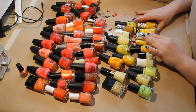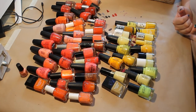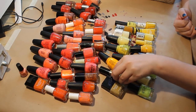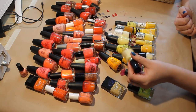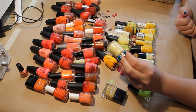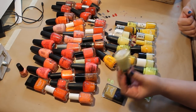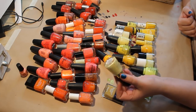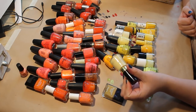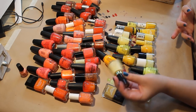That's about it for the ones I absolutely have to keep. I'm going to go through and just pick ones I know right away that can go. So this one can go. This is Sunshine Sparkle from Revlon. I'm not crazy about the regular Revlon polishes. I love their Gel Envy ones, but the regular ones I find to be kind of watery. This one's watery. It's really thin and really sheer, and it's got this weird sparkle that's really annoying